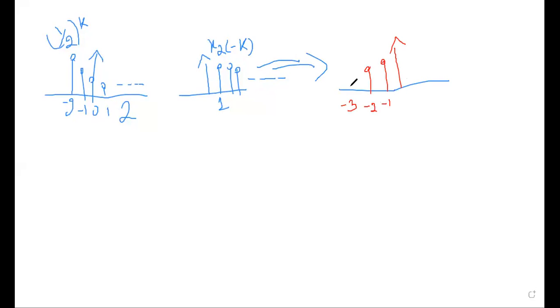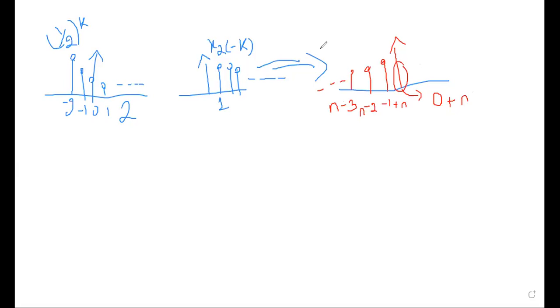Now the left hand side is infinity. But as per the formula, I want n minus k. So n minus k means, you know what extra step you have to do here. This is my original value 0. To the original value I have to add n. So n-1, n-2, n-2, n-3 like that. Since I do not have any sample at 0, I need not worry about that origin.